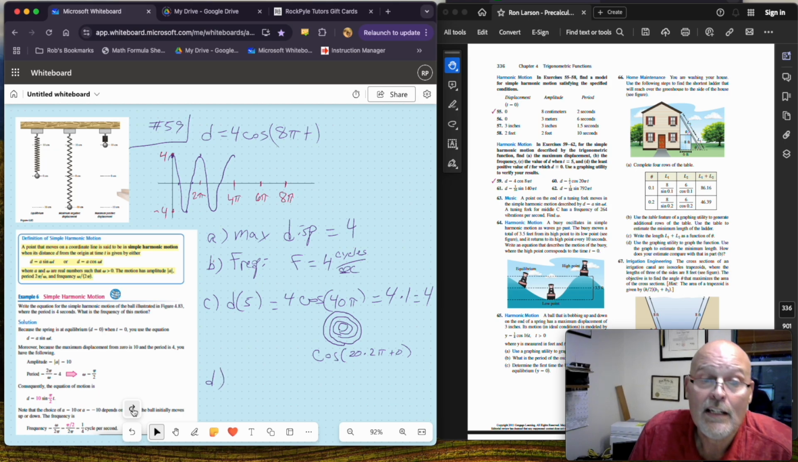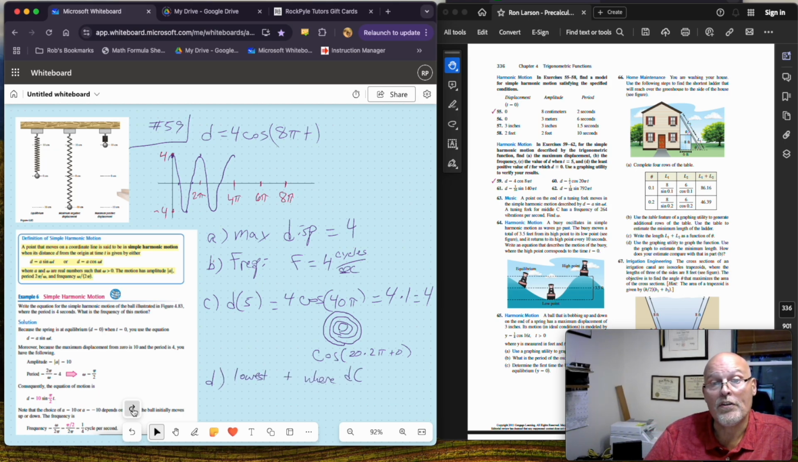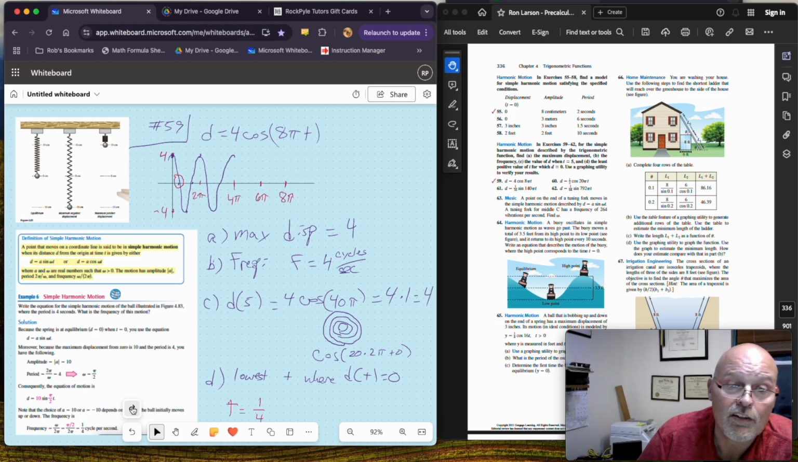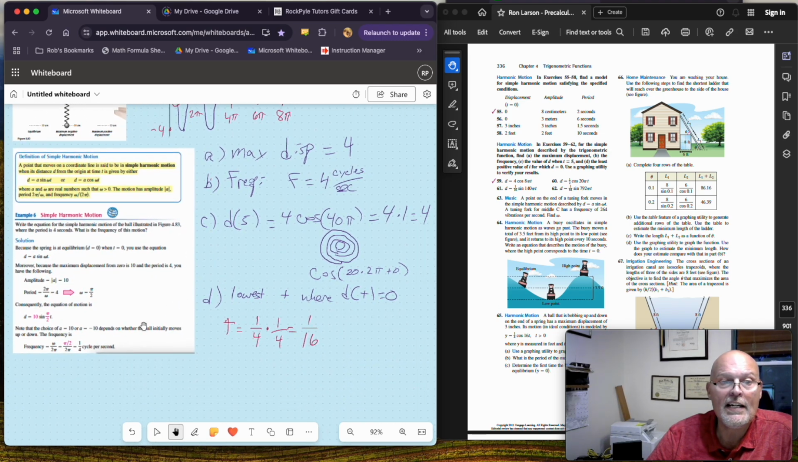And then D is what is the lowest positive value of t where the displacement is 0. Right? So what we're doing is we're looking for this spot up here, right? First time it crosses 0. And we know from figuring this out that that's going to be pi over 2, right? But as far as time goes, it's 1/4, right? One cycle is 1/4 of a second, and then it's the first quarter of that. So it's going to be 1/16 of a second,